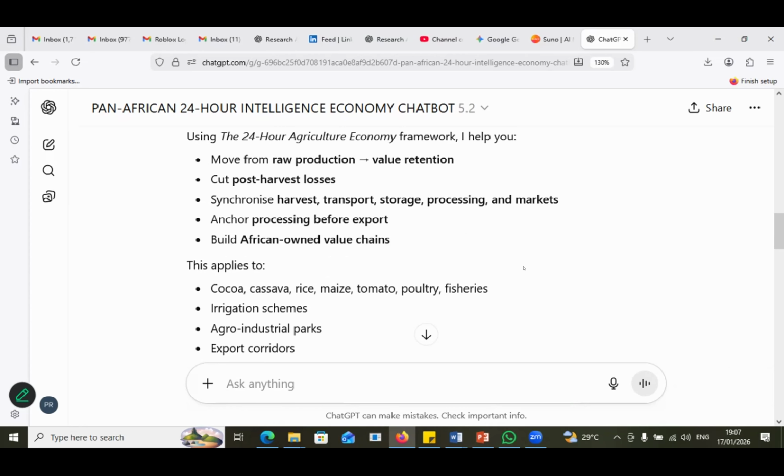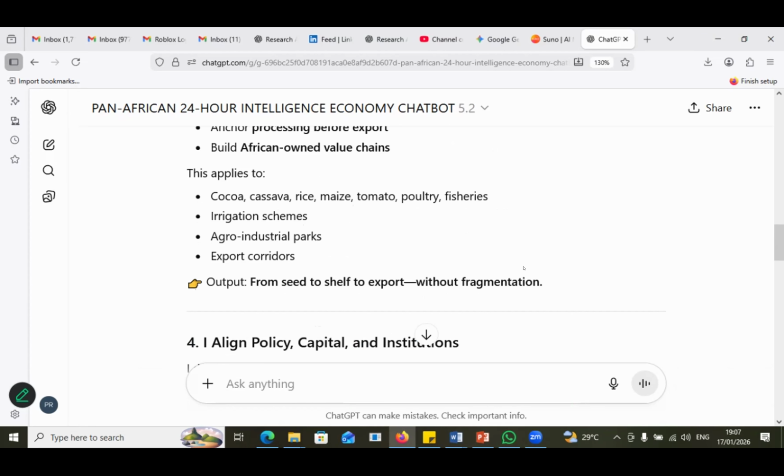This applies to cocoa, cassava, rice, maize, tomato, poultry, fisheries, irrigation schemes, agro-industrial parks, export corridors. And the output is from seed to shelf